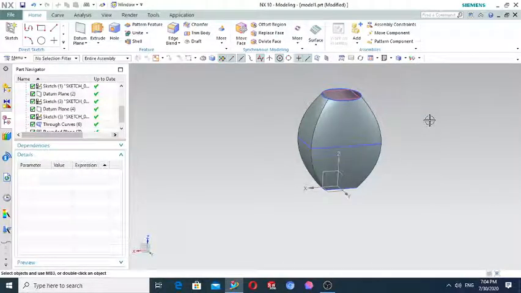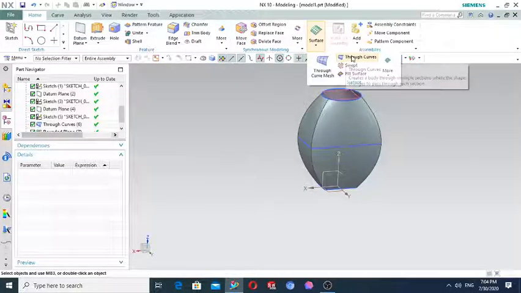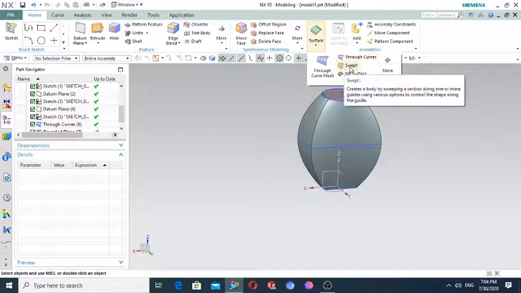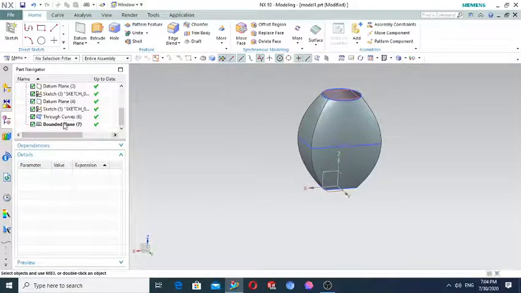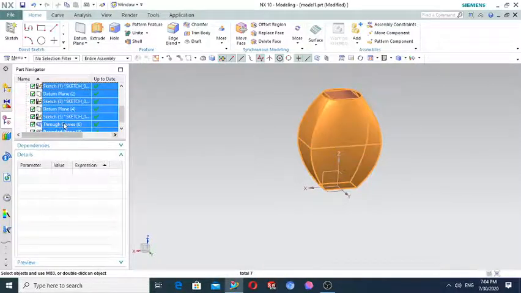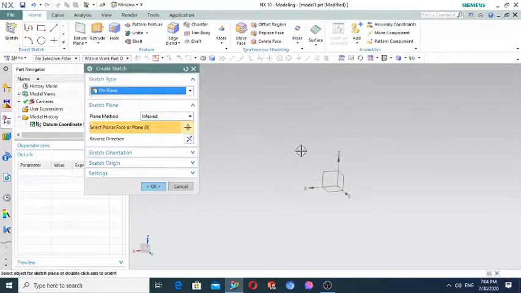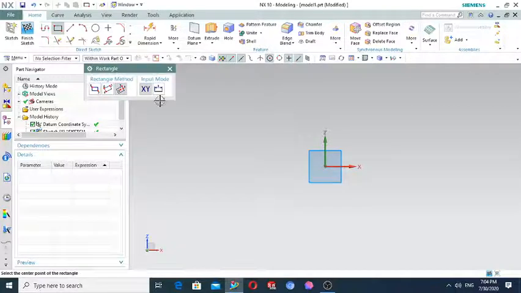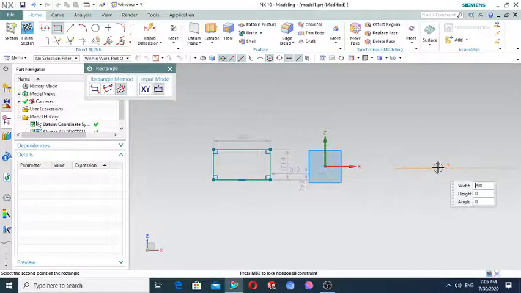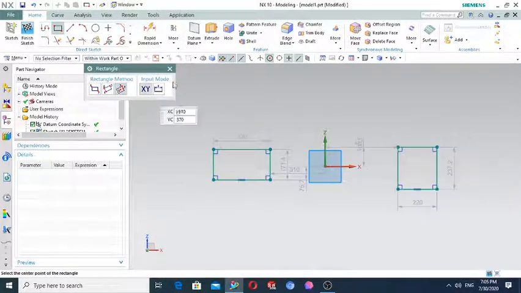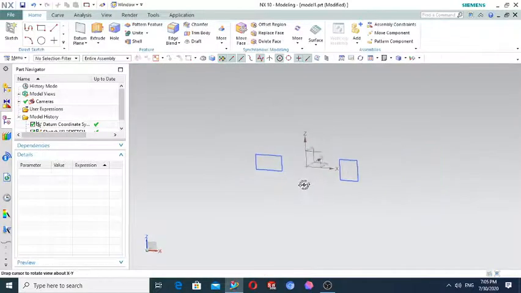So I will show another method of when to use this through the curve. Then we will continue with the other two types, swept and through the curve mesh. So let's delete these elements, delete, and sketch, select this plane. Okay, let's draw the rectangle here, and rectangle here. Finish the sketch, and